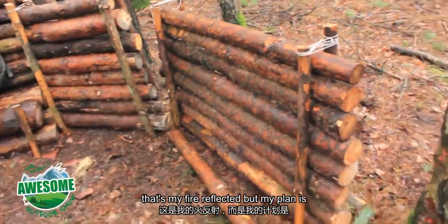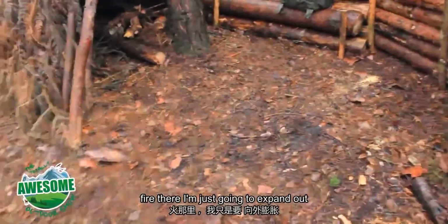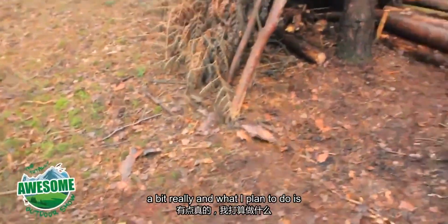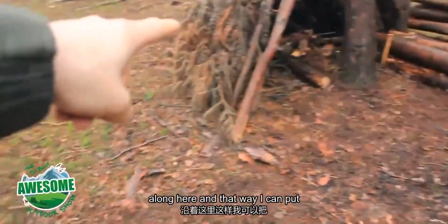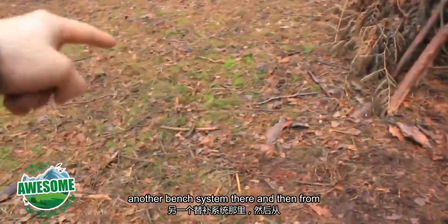That's my fire reflector, but my plan is now just to expand out. I usually have my fire there. I'm just going to expand out a bit really, and what I plan to do is build a wall that's similar to that one along here, and that way I can put another bench system there, and then from here